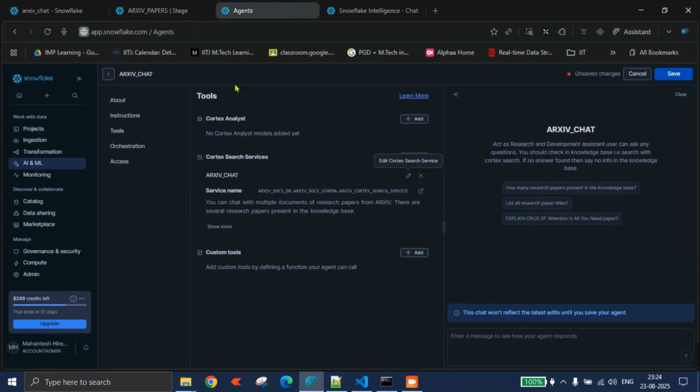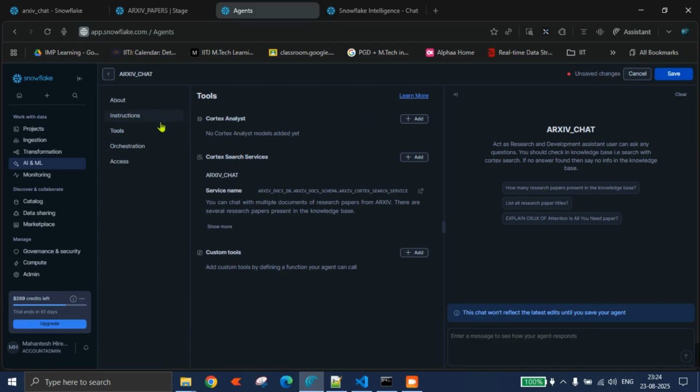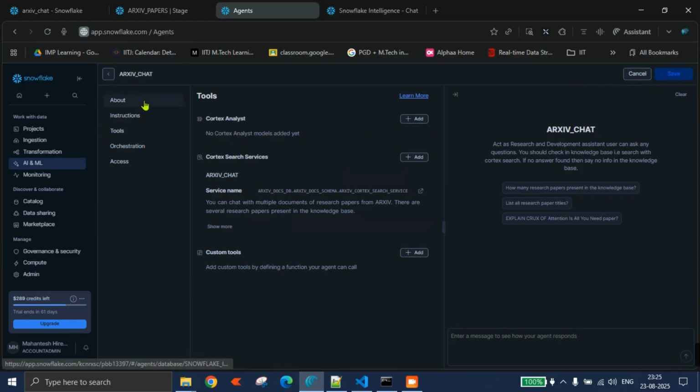Then comes some of the drag and drop features. Basically, there's a feature of creating agents. We need to create some basic steps. These are self-explanatory, but they are recently released ones. The Cortex search service is where PDF